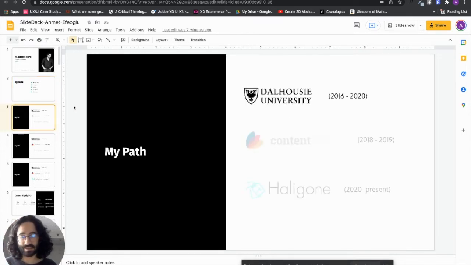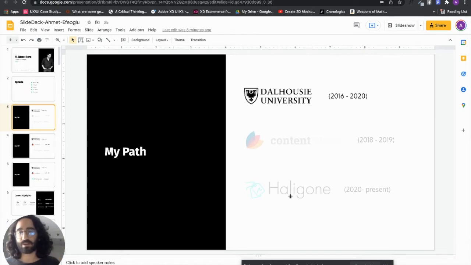For me, I began getting interested in UX design in university, and look at how little written content is in this screen. I start with my path, and then I have three logos. The reason is I want them to focus on what I say, not what is written there. If I wanted to only give them written information, I wouldn't be speaking. I want their primary attention on me, on my mouth,